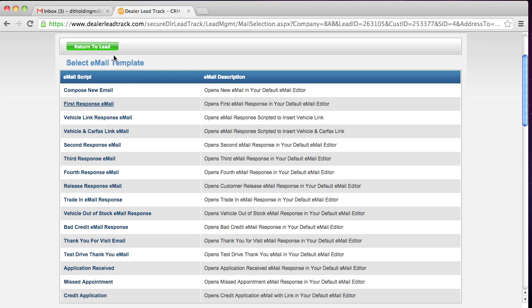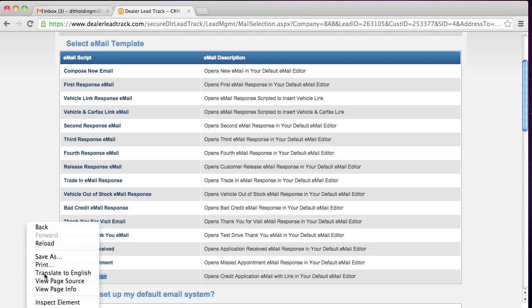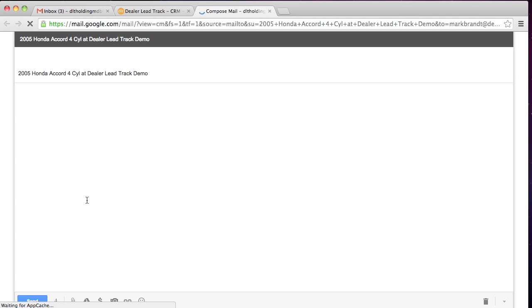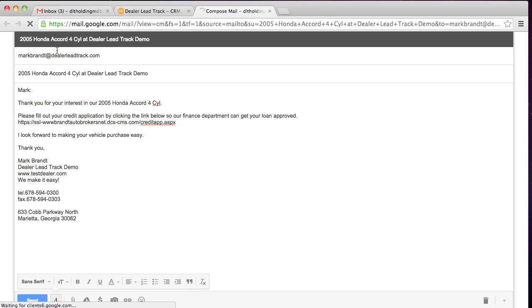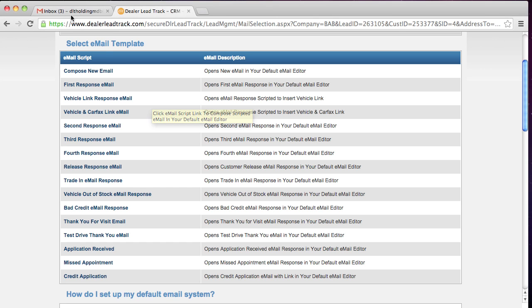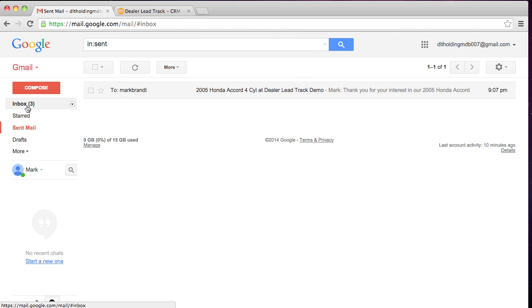Okay, so let's go back to our email scripts and talk about the credit application. So I'm going to click on the credit application. We're again loading the entire email. Scripts being passed. Email address is there. Email's totally built. There's the credit application script. I'm hitting send. Email sent. Go back to my Gmail account, look at my sent email,